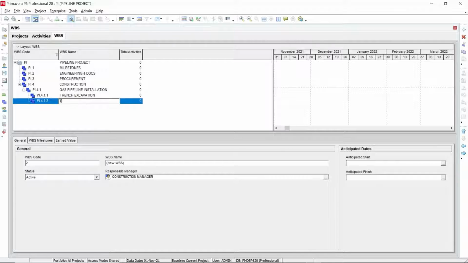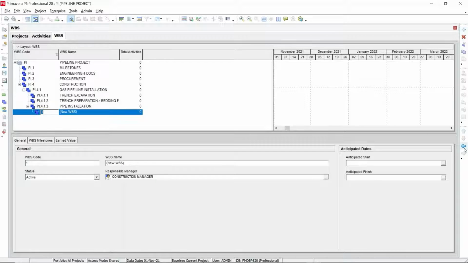So next is the trench preparation or bedding for pipe installation. Then again you need to add the next level of WBS, that is the pipe installation. After pipe installation, you need to add another WBS, manhole installation.